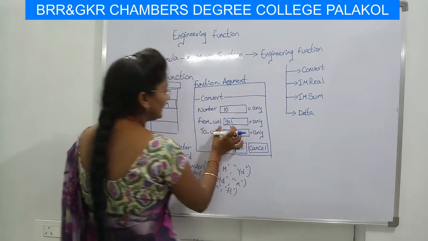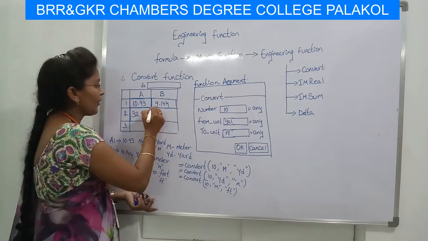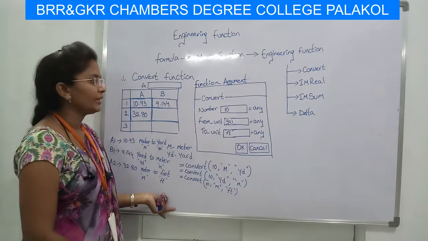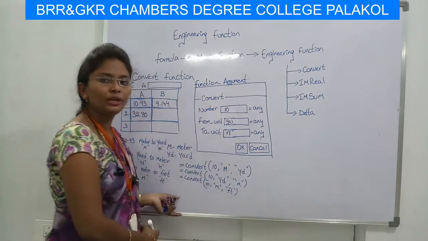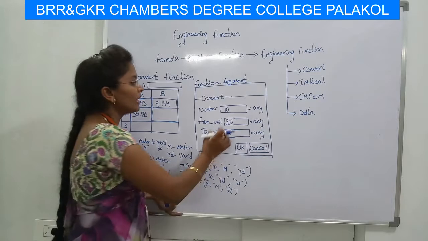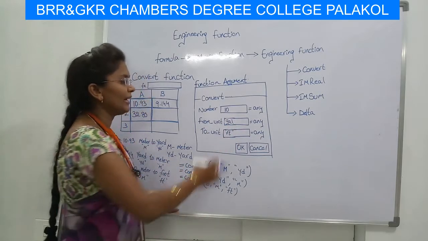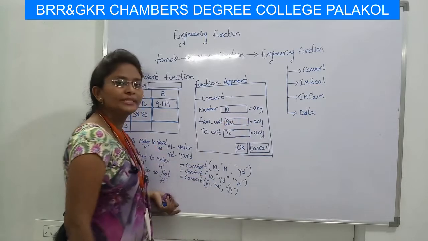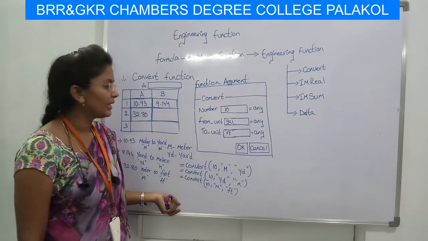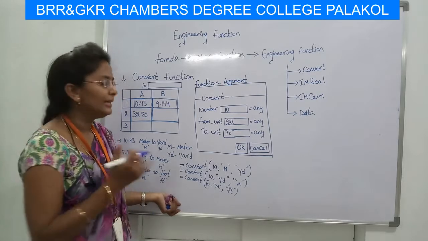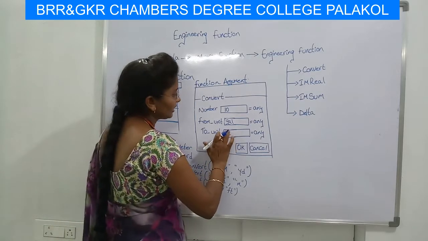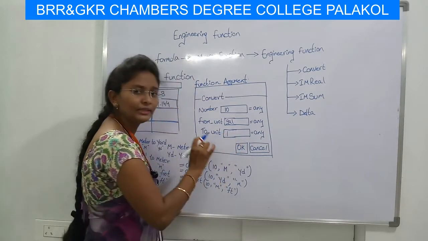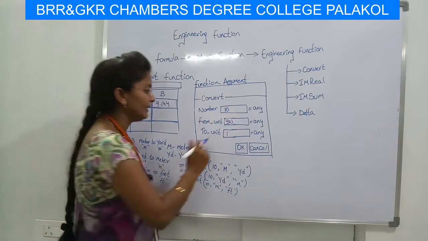GAL. Before writing the from unit, first you have to select the cell. Here I am selecting the B2 cell and clicking on the CONVERT function. The Function Arguments dialog box will appear. After that I am entering the number as the same, that is 10, and the from unit is GAL, that means gallons, and the to unit is liters. That means I am converting gallons into liters. For liter, the shortcut key is L only.